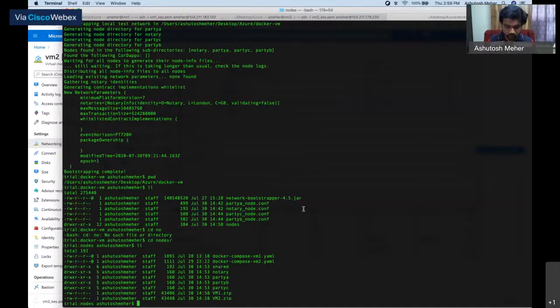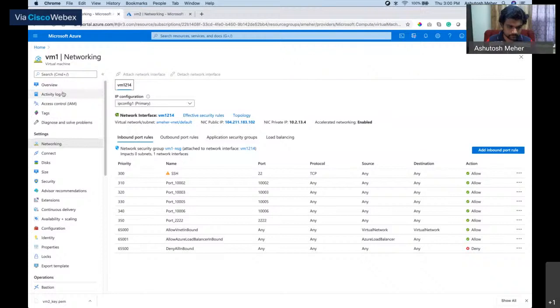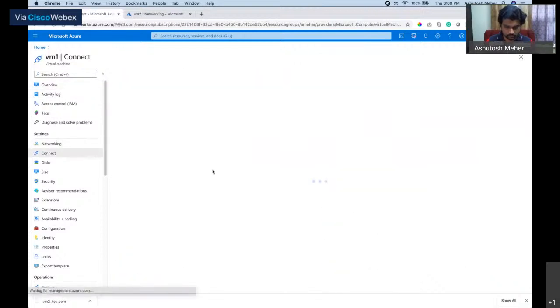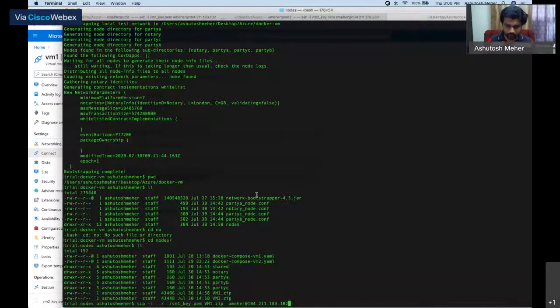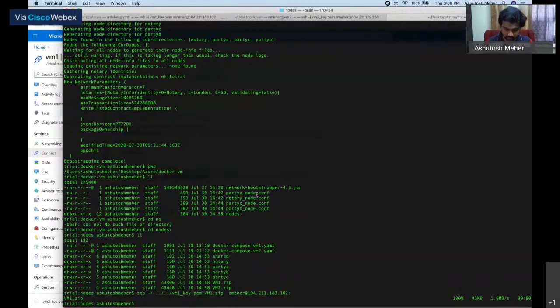Okay. SCP. The file is vm1.zip. Where do I need to send it? To VM1. That is here. Okay, one of my files is gone. And I need to worry about the second file now. VM2.